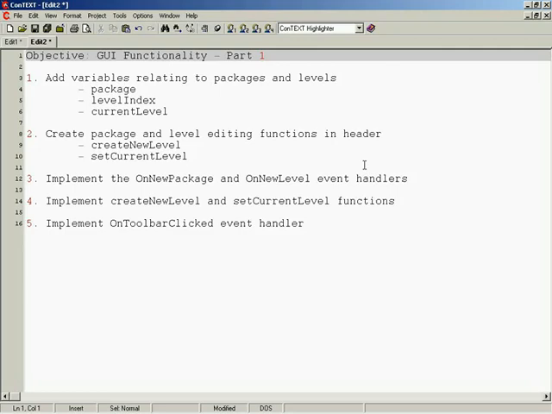Okay, in this video lesson what we're going to do is start taking a look at graphical user interface functionality for our Evil Monkeys level editor. And we're calling this the GUI functionality part 1, subtitled Packages and Levels, because there's a lot of functionality to